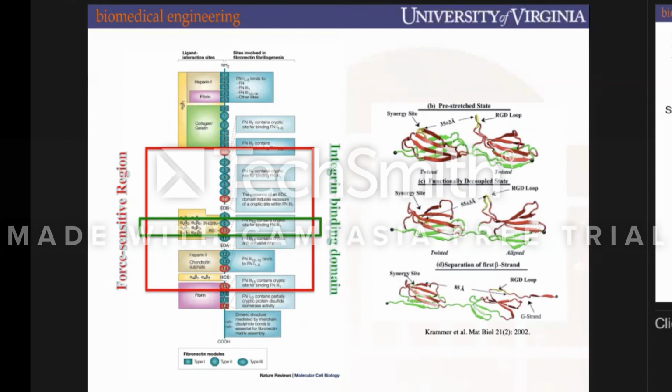This site is oxidized and it doesn't go back, it stays that way. And cells begin to see this, they think fibronectin is strained, they think scar formation is occurring, even though nothing's going on anymore. It remembers what happened, and now cells are going to begin to express